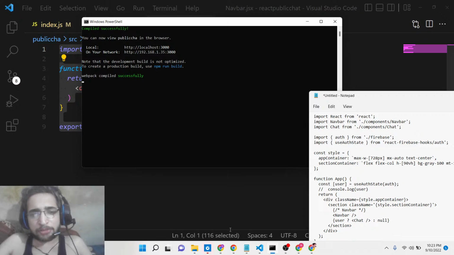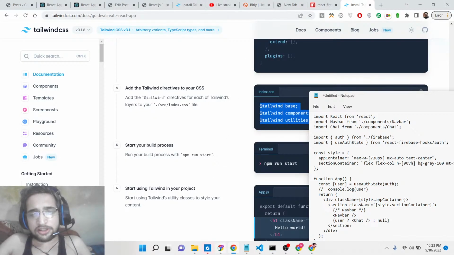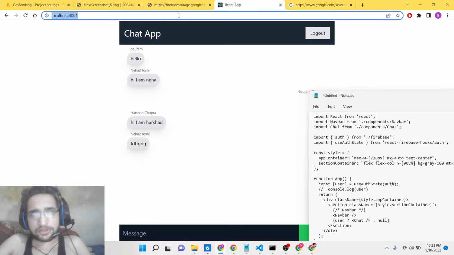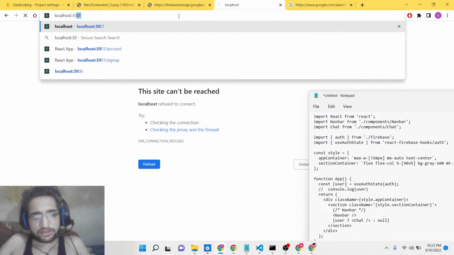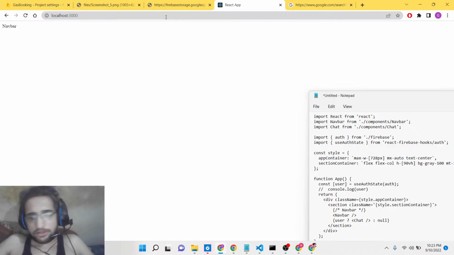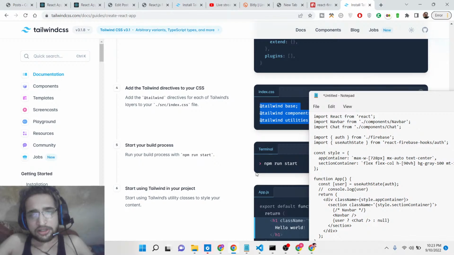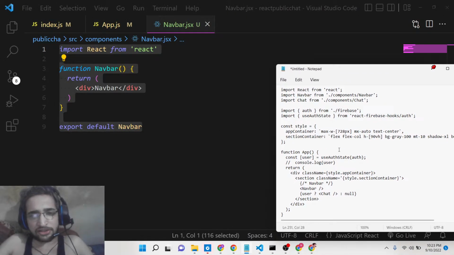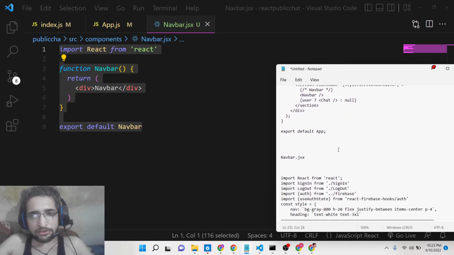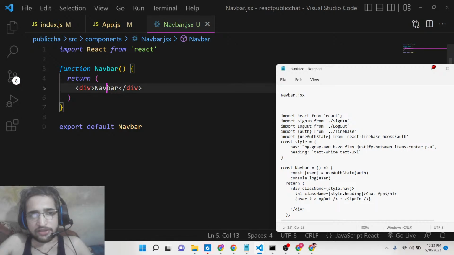Compiling. You can now see compiled successfully. So basically now go to localhost 3000. So you can now see this is your navigation bar, guys. Now we need to put this Google sign in button inside this navigation bar section. So this is very easy, guys. So first of all, inside this navigation bar,